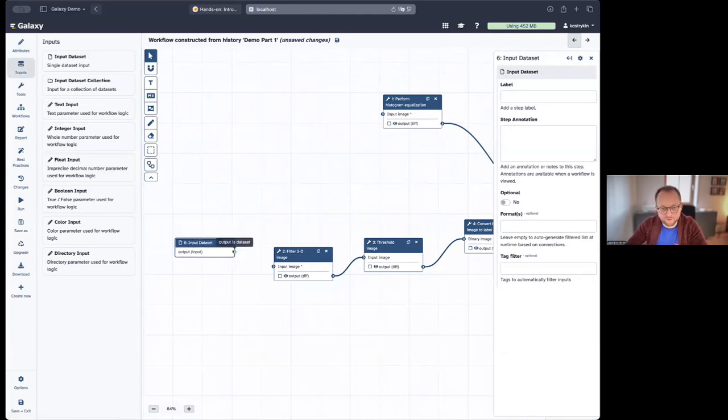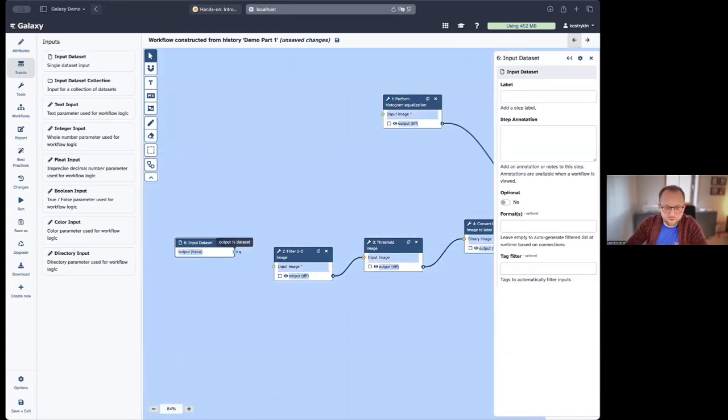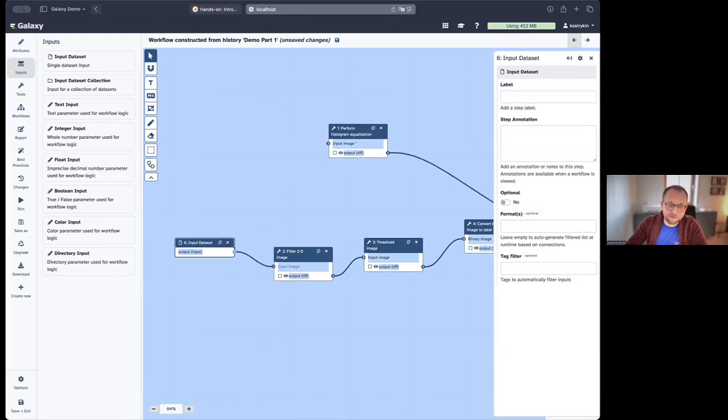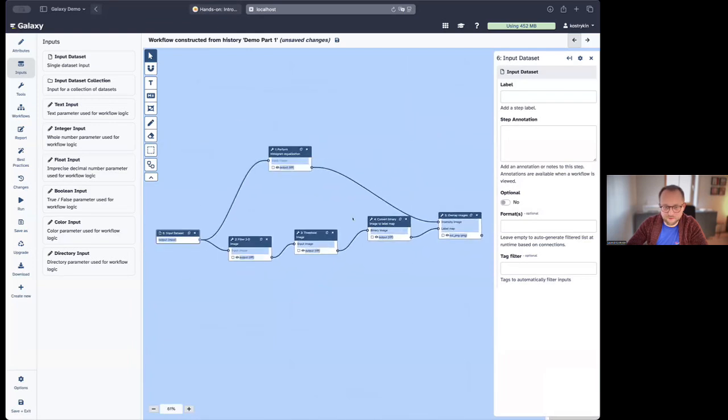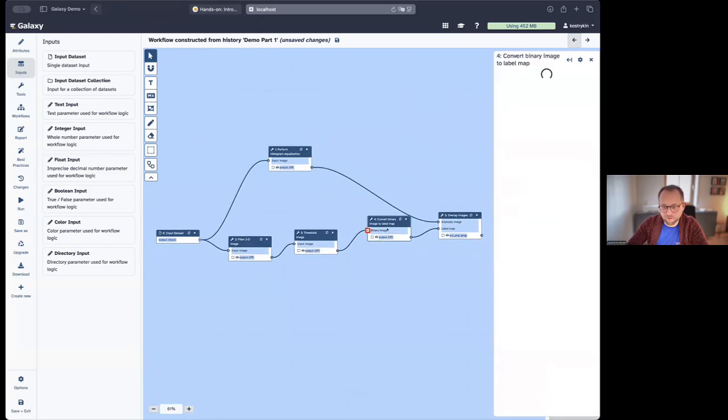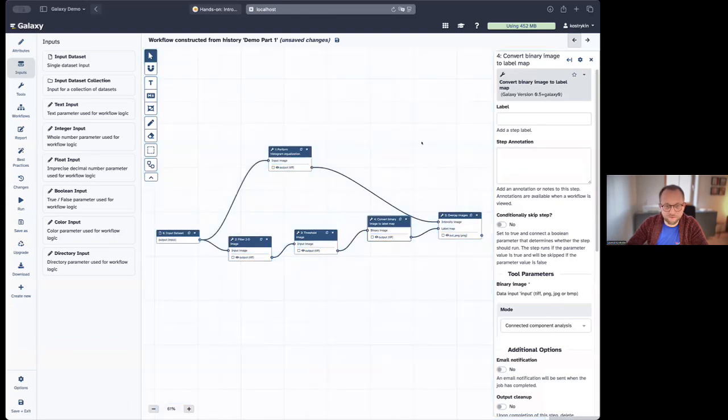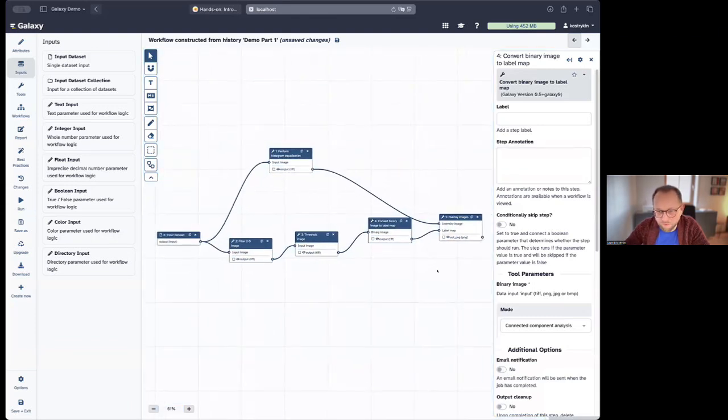And then I connect the output of this input, which is the image itself, to the input of the filtering tool. And in addition, I need to connect the output of the input to the histogram equalization. Okay, so this is what will be going on in this workflow. This is what it will look like. One final thing that I need to do is to select the output of the workflow by clicking this checkbox here. So the overlay image is now marked as the output of the workflow.